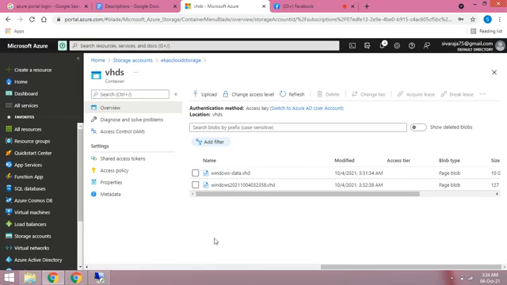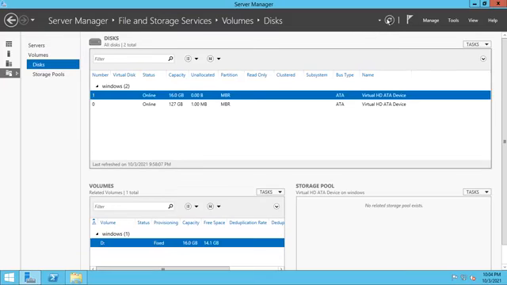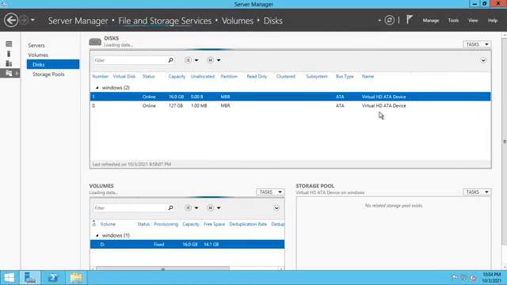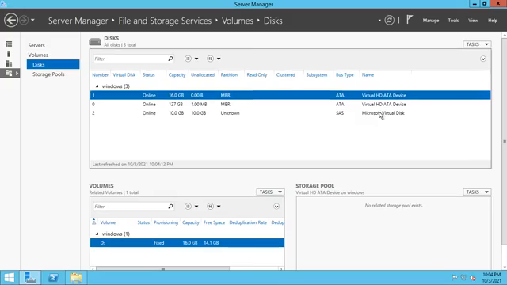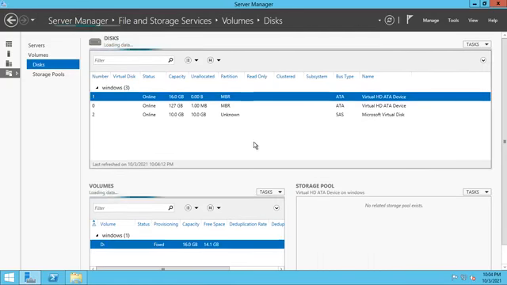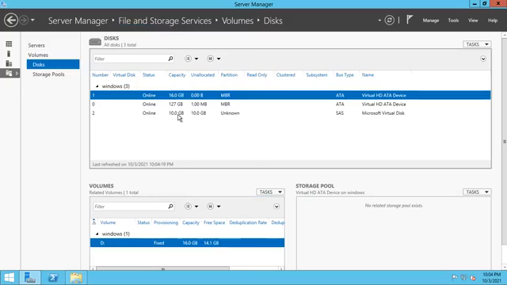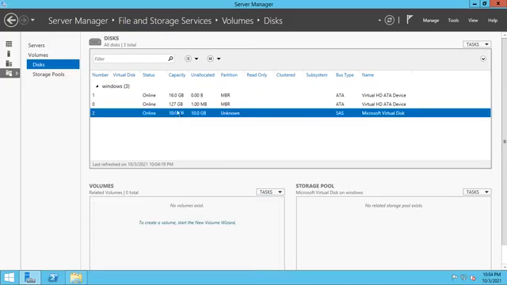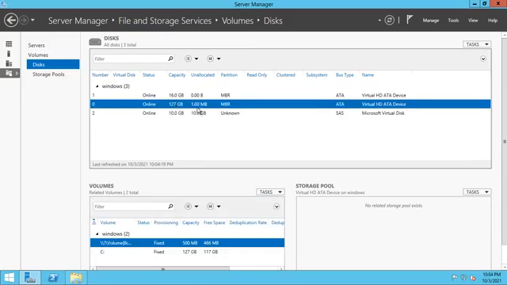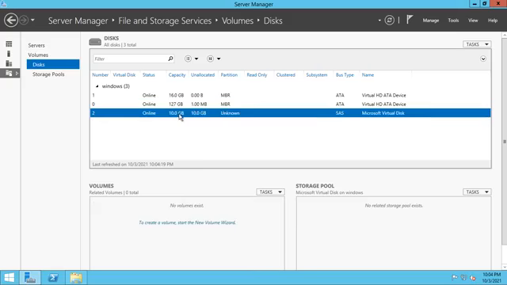So now I go to our VM. Now I check the additional data disk. See there, this is our additional data disk. The 127 GB disk is already there. So now I have added an additional data disk. This is unallocated.